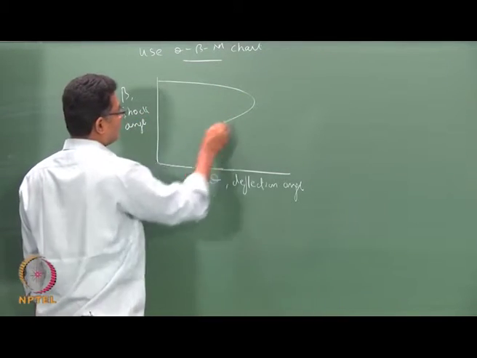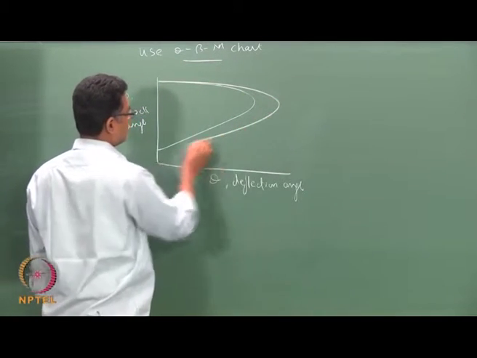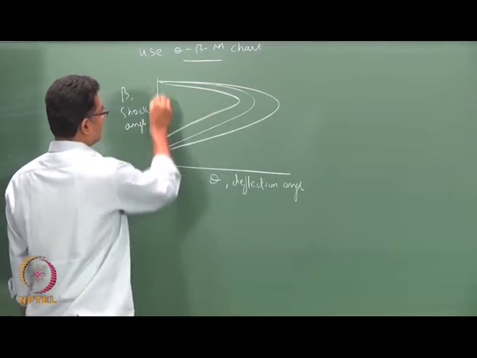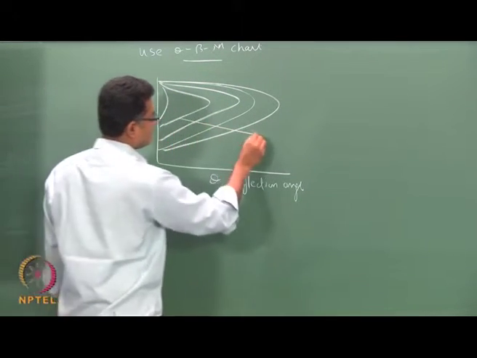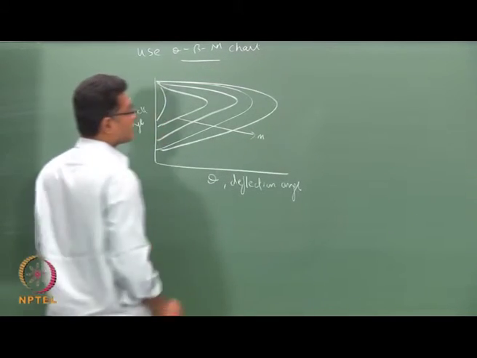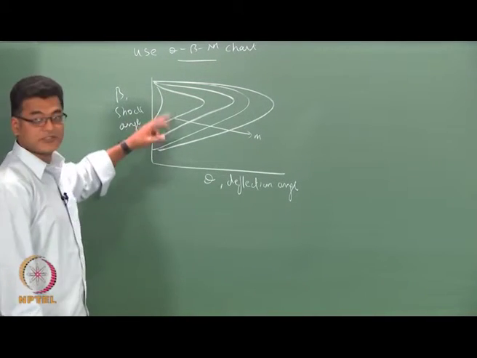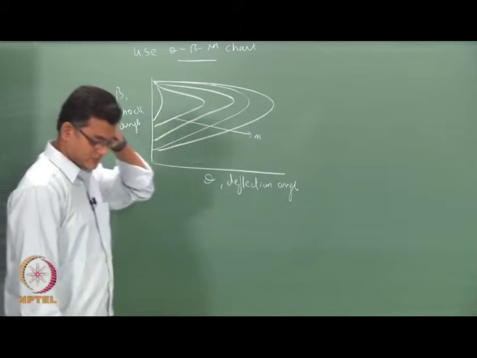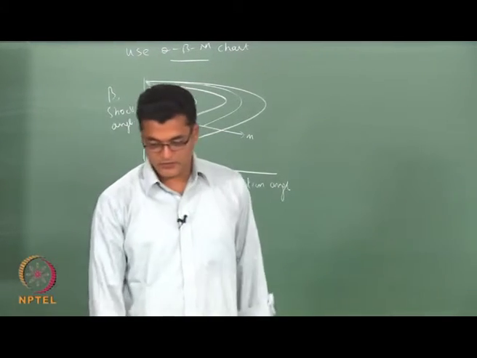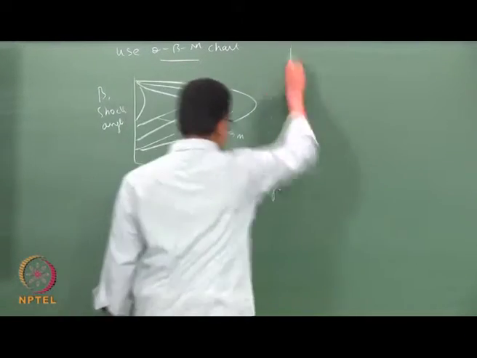What is plotted here is for various Mach numbers, increasing Mach number, and we will use this to compute, for a given Mach number, what is the beta and theta if one of them is not known. So, first example I have here is